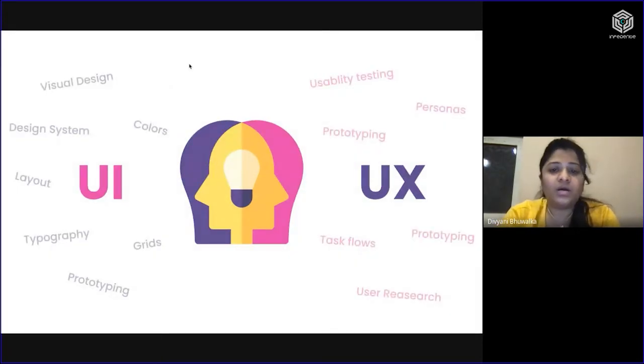So UI and UX, right? There is a process, like I kept mentioning, that user experience is basically when we empathize with our target audience. We learn about who's going to be our target audience, we learn about that persona, we try to create task flows, we do a lot of documentation. We prototype and we test it out with our users, the solution that we are trying to provide,